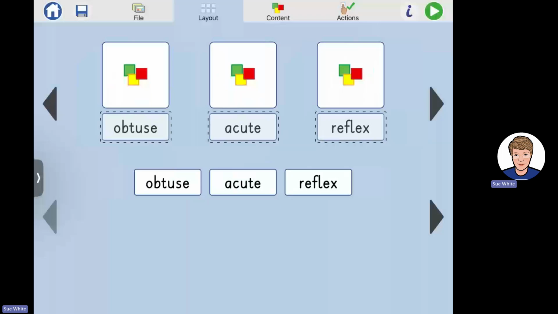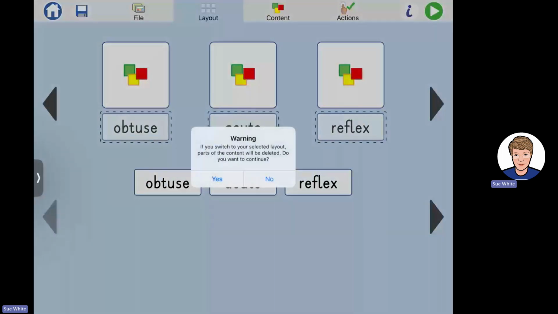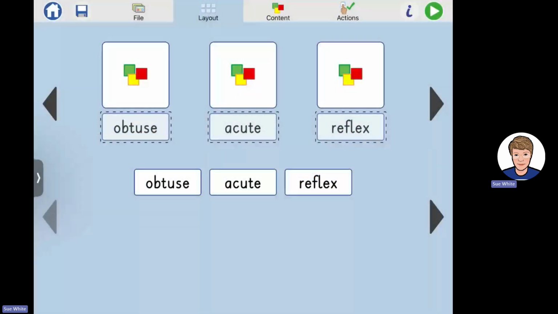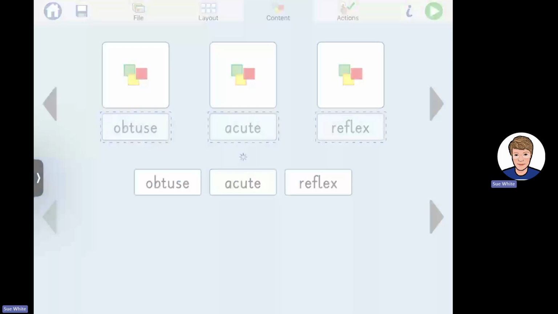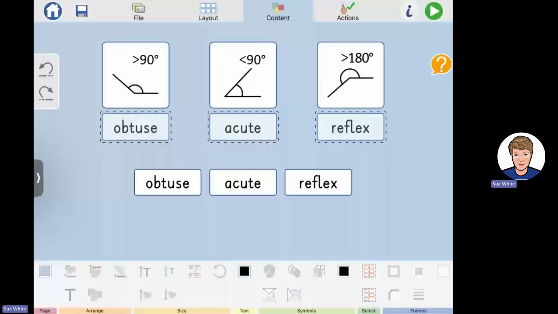If I want to change the content, then I click on the content tab. This is just telling me that I'm going to lose some of it, so that's okay. Yes, I want to continue. So this is my content now. If I wanted to put in a different word or I wanted to change the background colors, I can do any of that. So if we go into acute, for example,